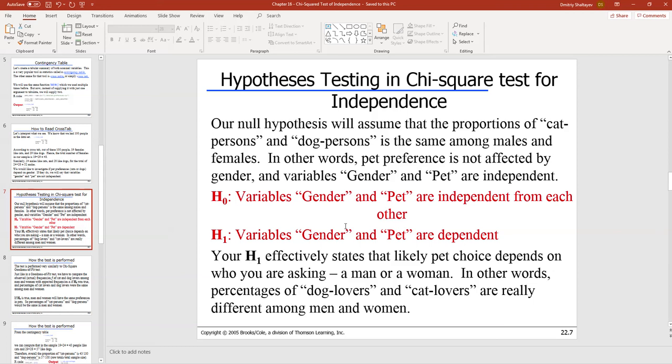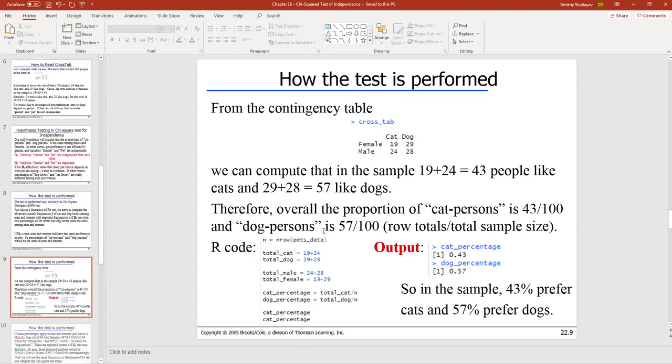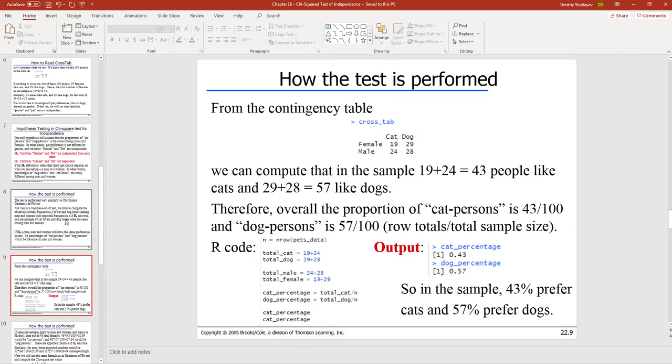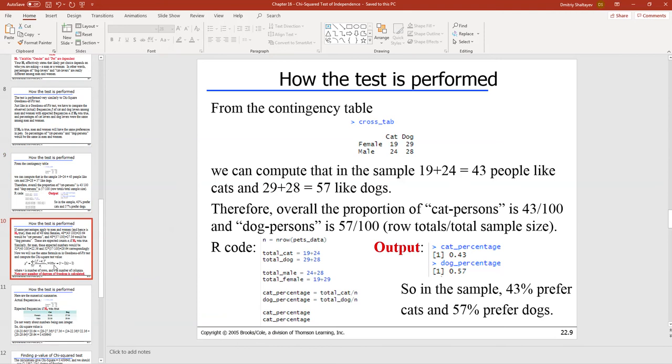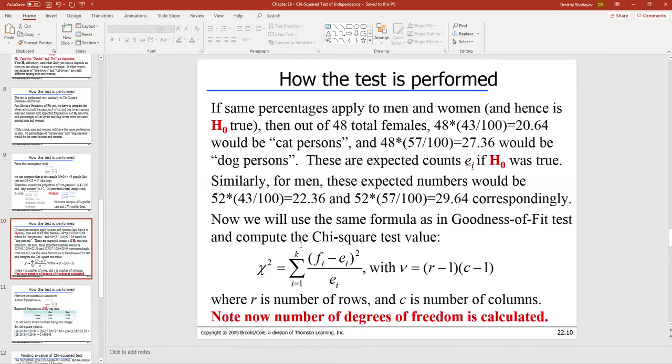I mean, what are going to be the counts of dog lovers versus cat lovers for males and females, if the null is true and the preference is exactly the same for males and females. And after that, I'm going to use the same exact formula for the chi-squared that we used before to test